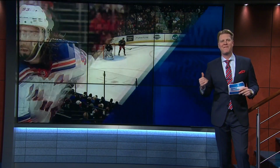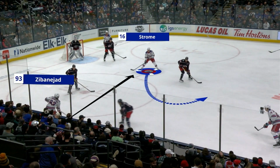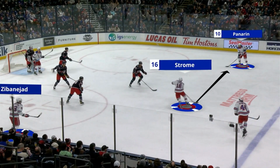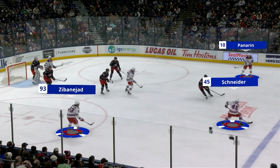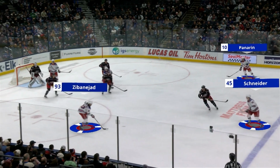Hey, Sam Rosen got to say it's a power play goal a lot this season, but this one's my favorite against Columbus. There was so much player movement and so much puck movement that it was very difficult for Columbus to be able to understand where everybody was going. Watch Strome take this route that opens up a Panarin, Schneider in for Fox up top. And what happens is this isolation of the Columbus player now opens up a seam for Zibanejad to go back across to